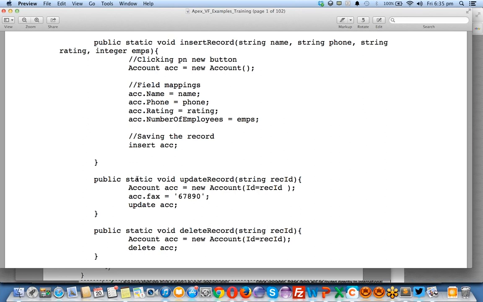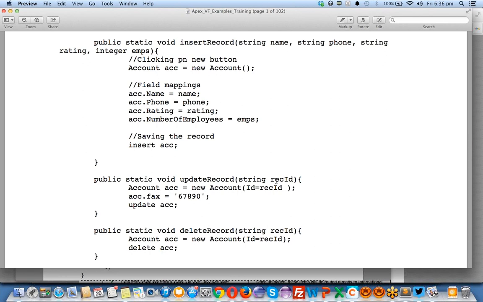Okay, we are coming to the next method. Public void, this is also a static method which returns no value. updateRecord is a different method, and I am accepting a record id. What is a record id? Whenever you insert a record, you will get an 18 or 15 digit id, and both are the same id. Salesforce has a simple algorithm to convert from 15 digit to 18 digit id. Front end users will see only 15 digit IDs in the system, but API users and backend users will see the 18 digit ID.